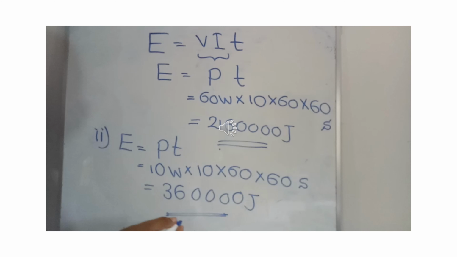The last part asks about the electrical energy supplied to a filament electric lamp. 40% is lost as heat. In that case, what is the efficiency of the lamp? If 40% is lost as heat, then the efficiency, you can easily get the answer, is 60%.